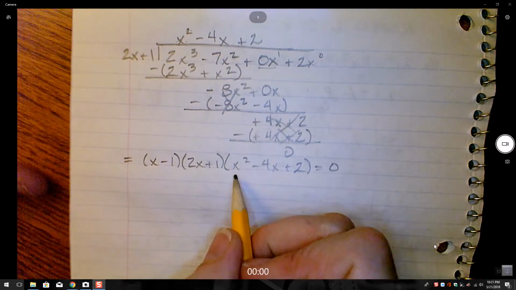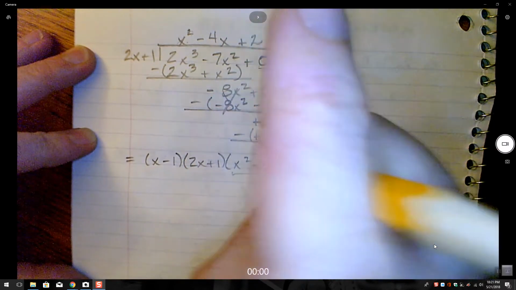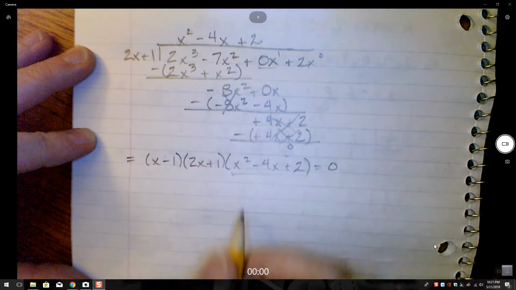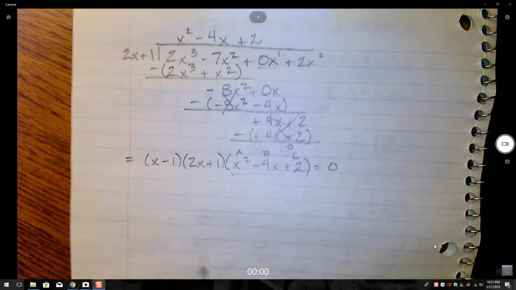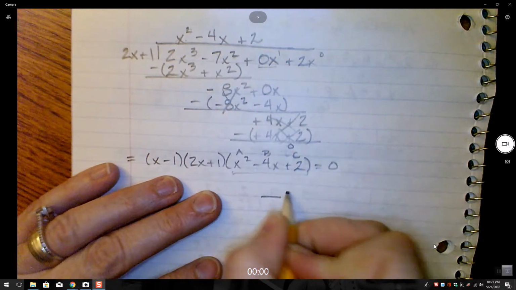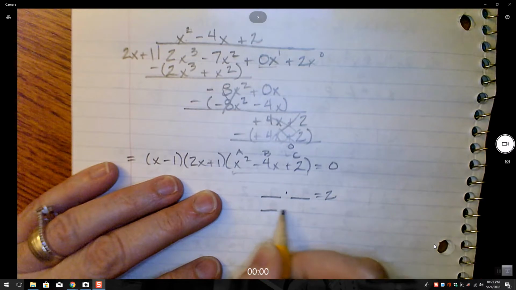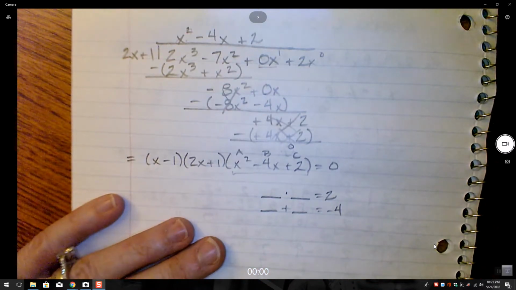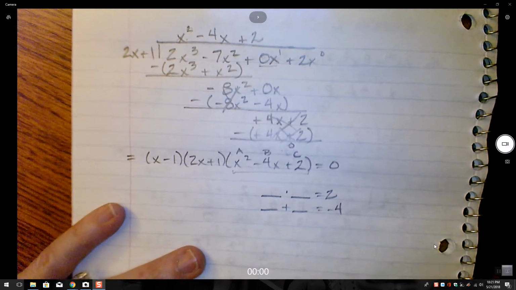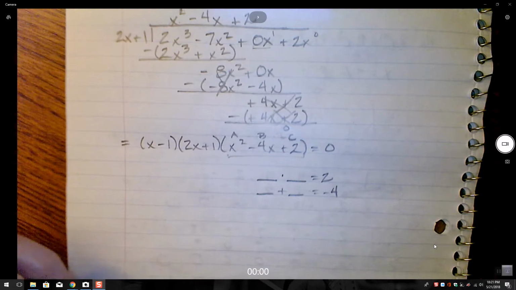So I do still need to factor this. Let me get that out of the way. Maybe I'll make it very small. Okay, so this is my A, my B, and my C. So I'm looking at this thinking, well, something times something is going to equal 2, and that same something plus something is going to equal negative 4, right? Wrong. I can't think of anything that's going to work there. I'm a little stumped, and I think I'm going to have to turn to the quadratic formula to figure out my